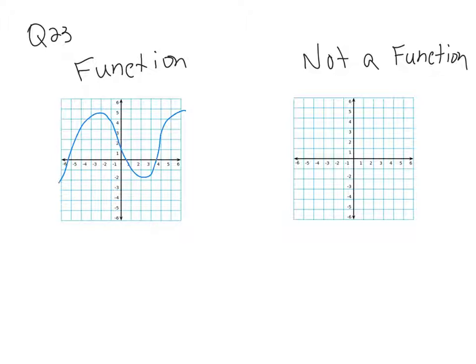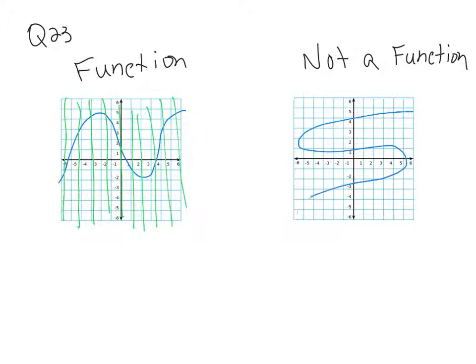I know it's a function because if I were to draw an infinite amount of vertical lines, it can only hit that graph at one point at a time. So it passes because not in a single one of those vertical lines did I ever hit that graph in more than one spot. So it is a function. Over here,